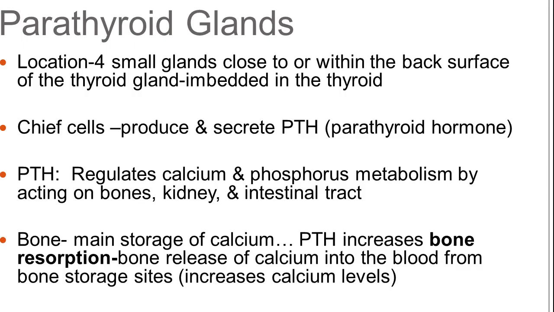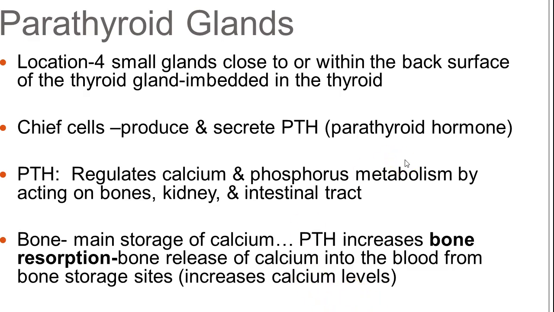Hello class, we're going to continue now with the parathyroid glands, and just a quick anatomy and physiology review: remember, they are located within the back surface of the thyroid gland. They're basically four small glands that are located close to or within the back surface of the thyroid gland. They're actually embedded in the thyroid, and the chief cells produce and secrete PTH, and PTH stands for parathyroid